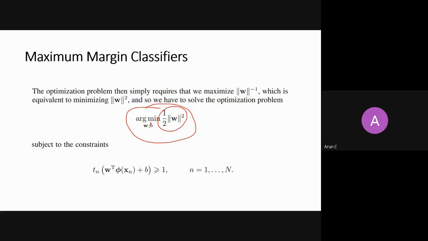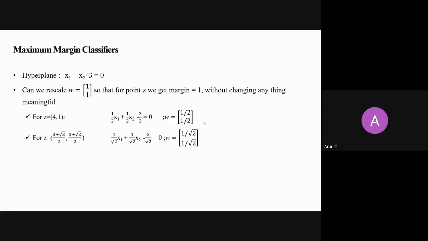You might be thinking that B has gone now. There's no problem with B. It will still come later. We'll see. Given these constraints, my constraint is still that the scaled perpendicular distance from the hyperplane is always greater than or equal to 1. Fine. Now what I will do, as we discussed Lagrangian on my first slide, is add these constraints into the objective function itself, right? So this is okay.